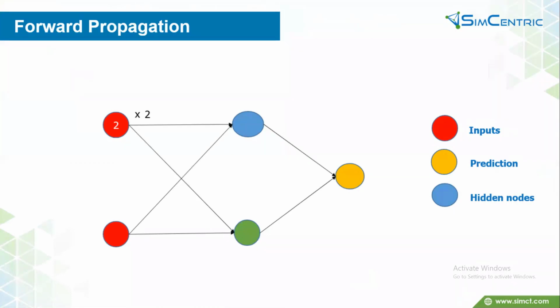Then what it does is it multiplies the input value with its corresponding weight on this edge, right? So we have 2 as the input, we have 2 as the weight, and we are going to multiply them. Then we come up with an answer of 4 for the prediction in this hidden layer. The first node of this hidden layer comes up with the prediction of 4 for the input 2, right? So then what happens is,